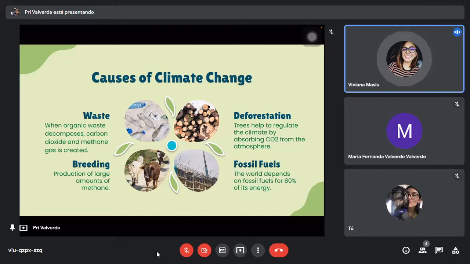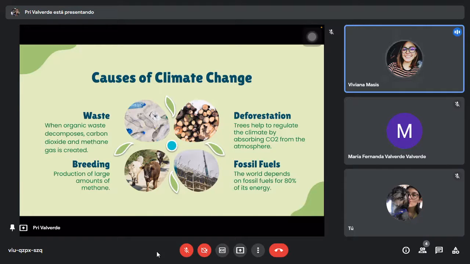So I think that some of these gases have something in common, which is that they are greenhouse gases, and I think this is the main contributor to climate change. And this results in the greenhouse effect. As you know, the greenhouse effect is provoked when the solar energy is absorbed by the Earth's surface and then reflected to the atmosphere as heat. Then, as the heat goes out to space, greenhouse gases absorb a part of the heat. After that, they radiate heat back to the Earth's surface.